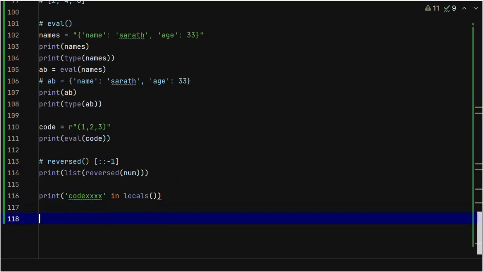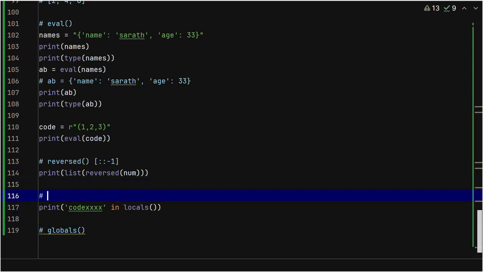There is one more called globals, that is for the entire application, not only this program. We will see how we use multiple Python files, and how we call one Python file from another file. There you will be using globals if you want to check any variable defined in any of the Python modules. It is just like locals, just that this is for your entire application. That is the only difference. I am done with built-in functions, and